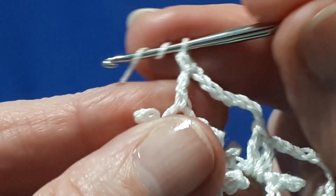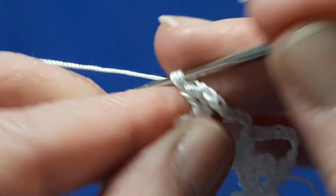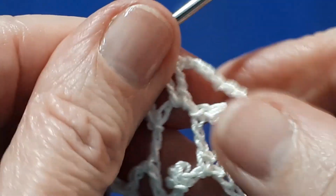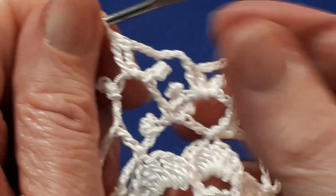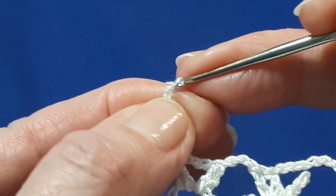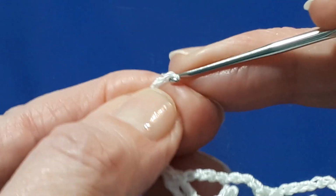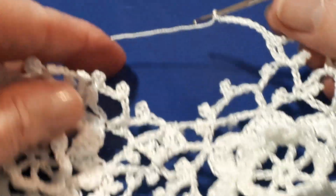Then yarn over twice again, work off 2, work off 2, work off 2. And that's how it's looking. Next we're going to chain 7, 1, 2, 3, 4, 5, 6, 7. And now we're going to join